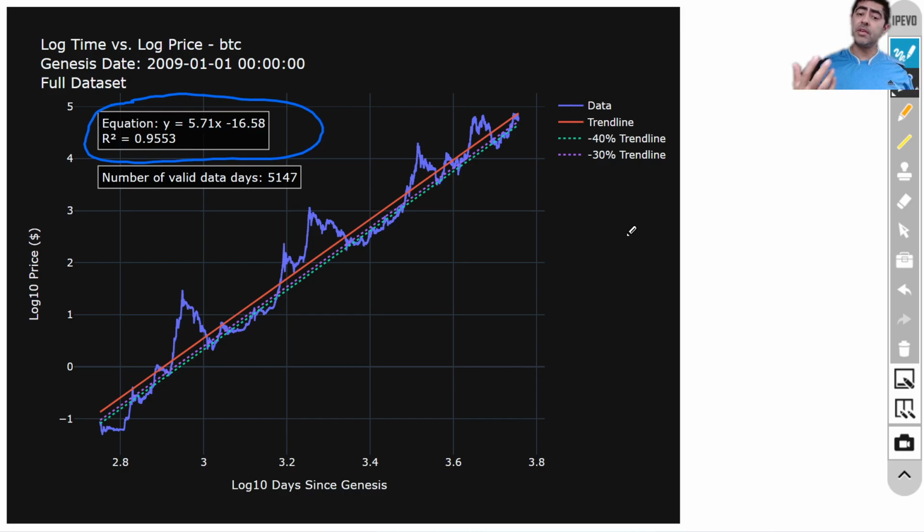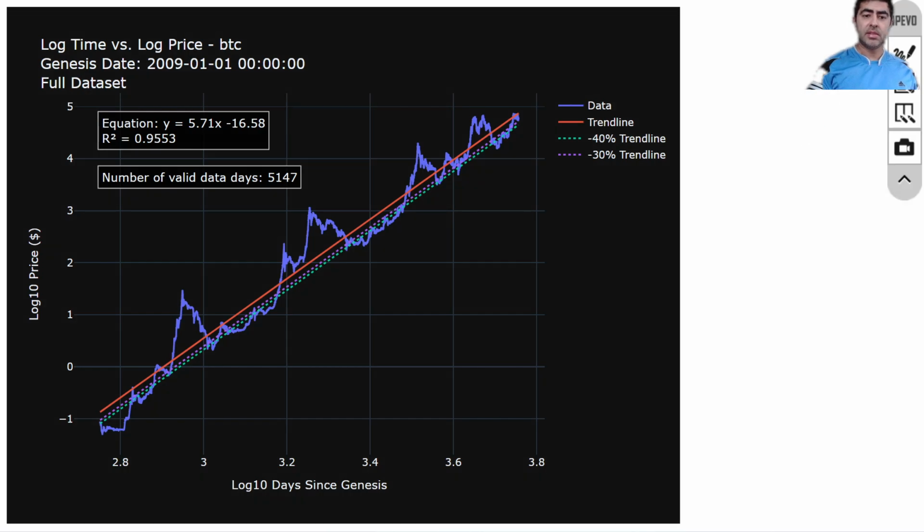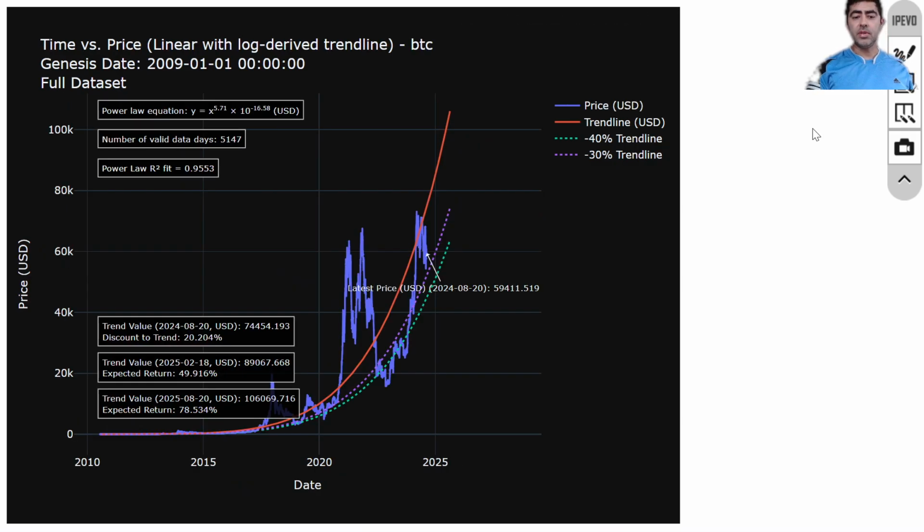So it's saying almost all the variation in the price is explained by this line. And you can see visually too, it makes a lot of sense. You can see that straight line drawing through it. And that's where the strength of the power law really holds. When we convert this into linear time and price, let me show you that graph over here. Let's make that happen. Here we go. It allows us to make a prediction on what we think the price is going to be over time. And if we look back on the R squared fit, it is a very good level of fit.